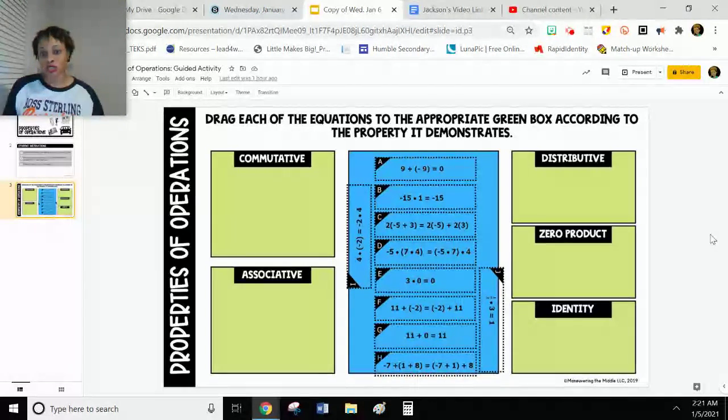So I'm going to do one commutative, one associative, one identity. I just noticed inverse isn't even on here. Hey, look at that. So I guess I'll do a zero property. So let's go with commutative. Remember,